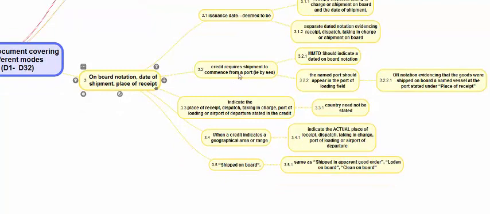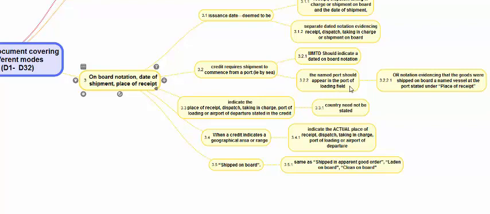If the credit requires that shipment has to happen from a port, which means the port of loading is the first point where the carrier receives the goods, then the multimodal transport document should indicate a dated onboard notation, because it is receiving on a port. It will become technically a port-to-port BL for that leg, and so an onboard is compulsory to ensure that goods were really on the vessel and not just received on the land.